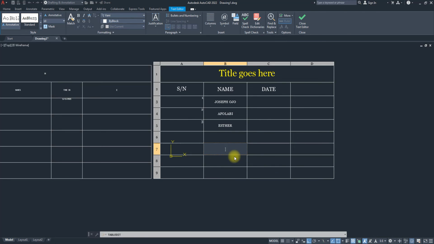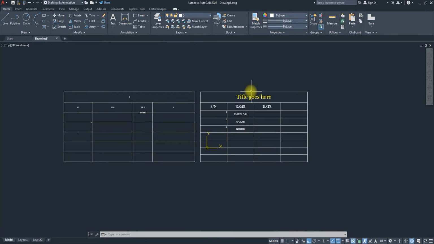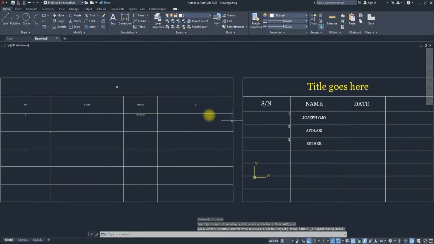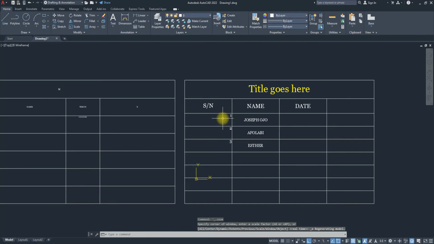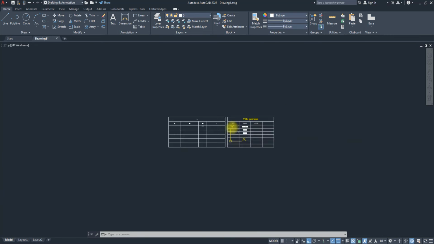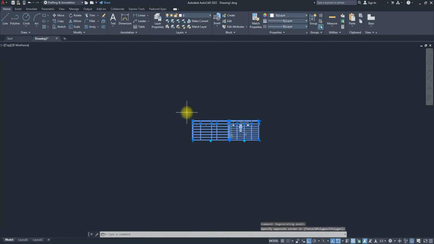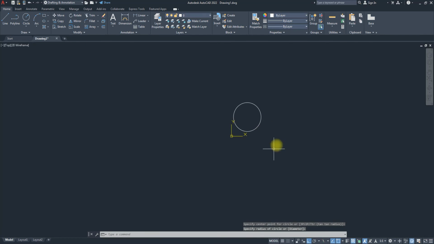Let me pause. So that's how you can create your table and modify those things. Set it to whatever you want. And then we have to go to the next thing we have for today, which is properties. So I'm going to delete this table. Just create a couple of shapes here because I'm going to use that to explain properties. So line,